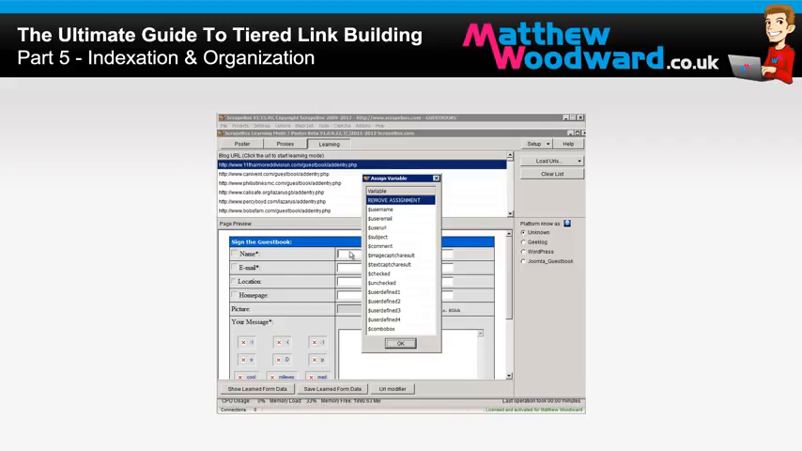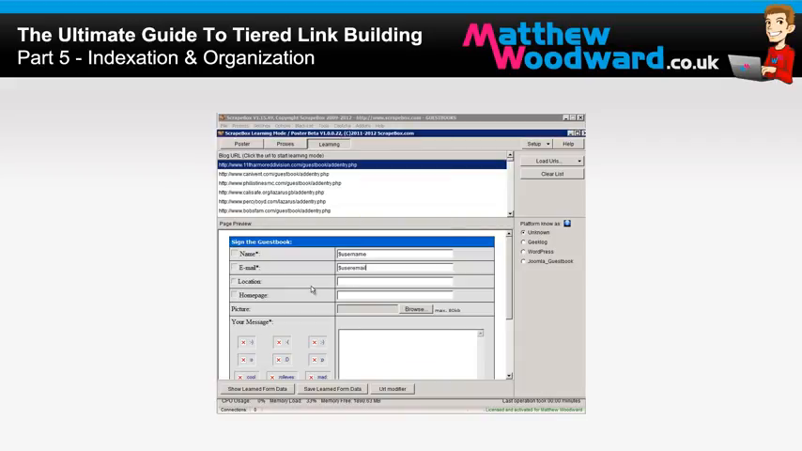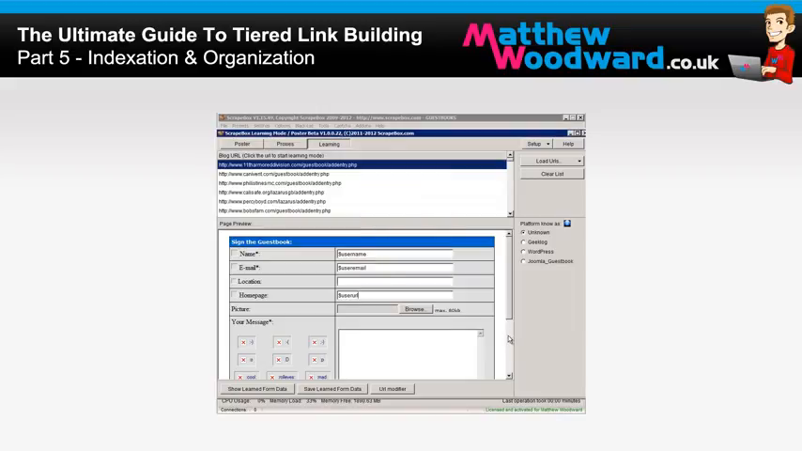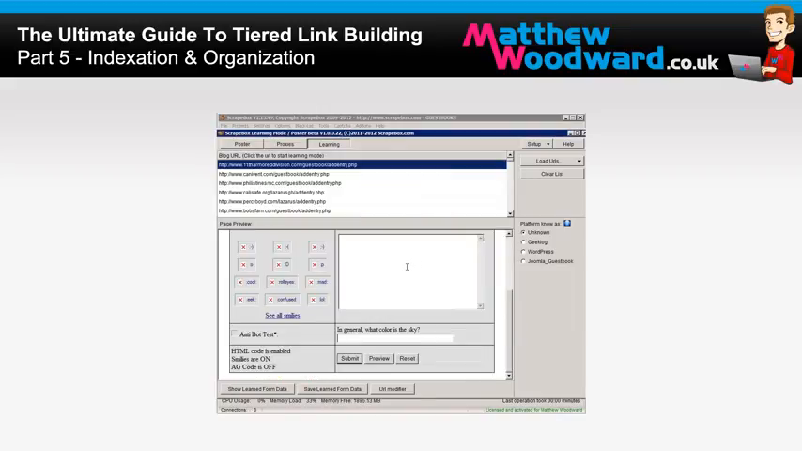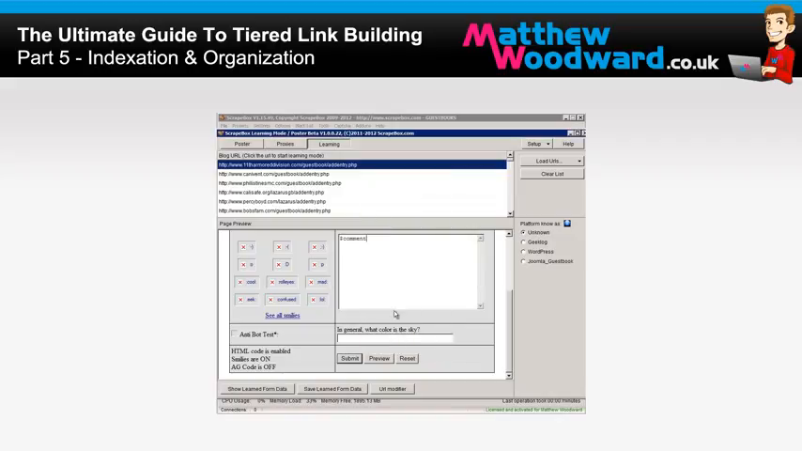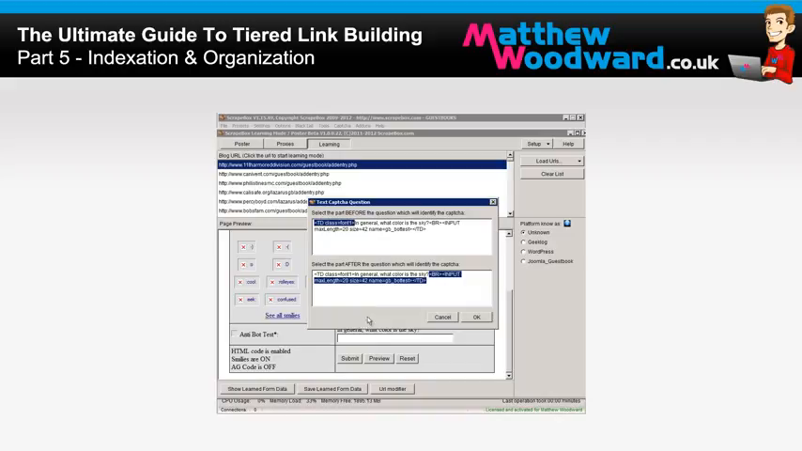So in the name field we're going to want username, okay. The email field, user email, okay. Location, it isn't a required field, so we can skip that. Home page, user URL, okay. Your message, comment, okay. And captures, this is a text-based question capture, so we can just click here and it